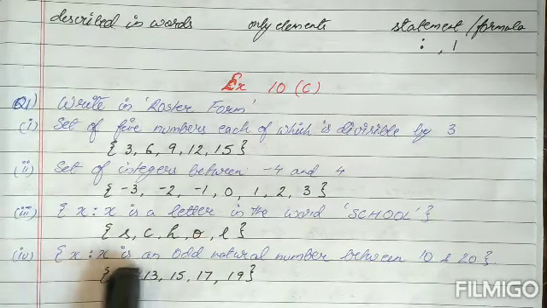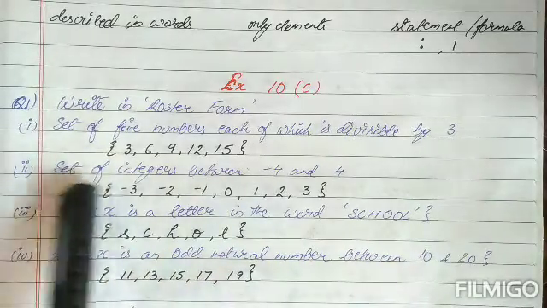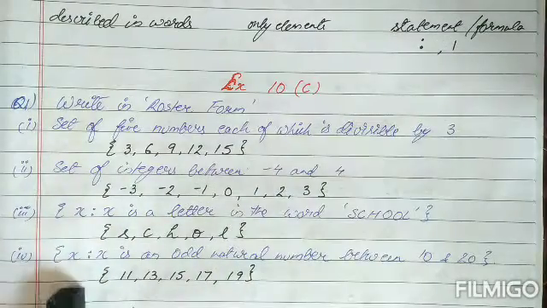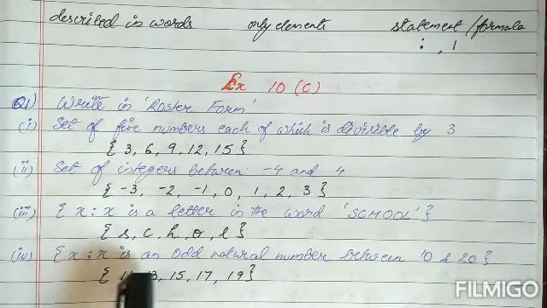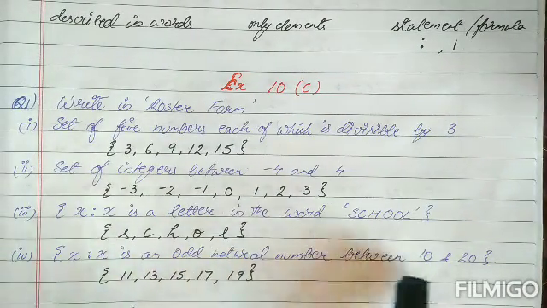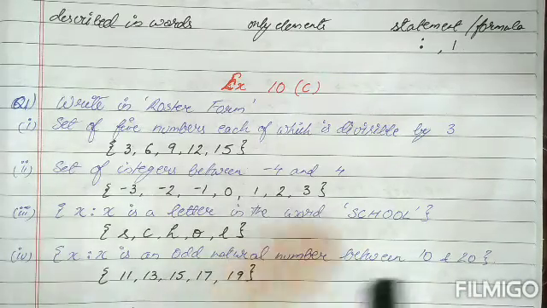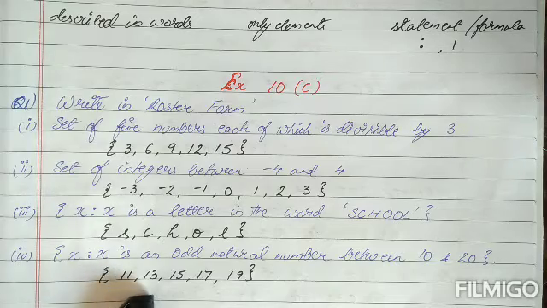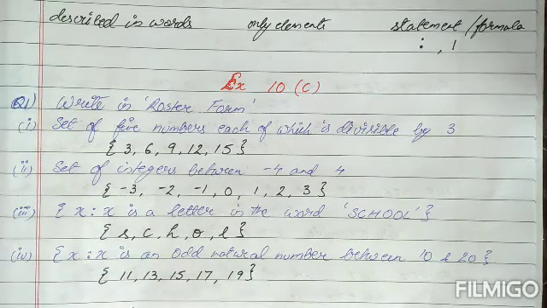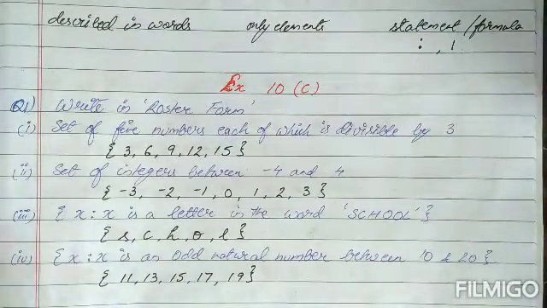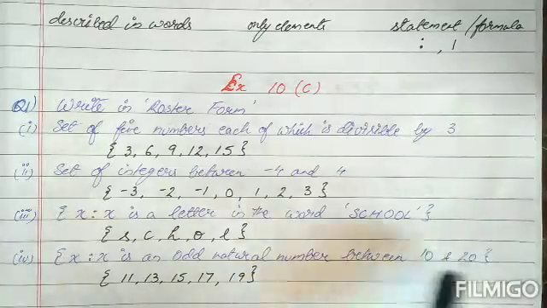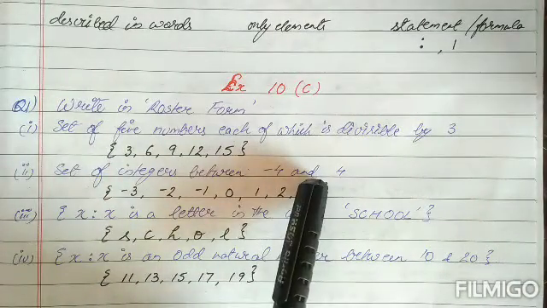Again, this is also written in the set builder form, children. And these two that we had seen, children, this was written in the description method. We read it as X is such that X is an odd natural number between 10 and 20. So all the odd numbers that are between 10 and 20 have to be written. So we write it as 11, 13, 15, 17, 19. So this is how we write, and this question is showing you the various forms. This is the roster method, children. This is written in the set builder way, and this is written in the description form.